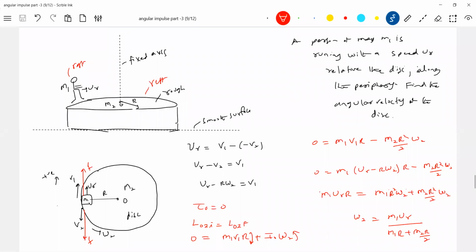Okay, the person is now running and you'll make a jump. I think in SURMA you're having some series of problems like this. Some around 4 numericals are there. So just try to